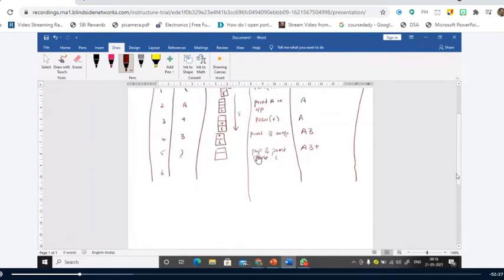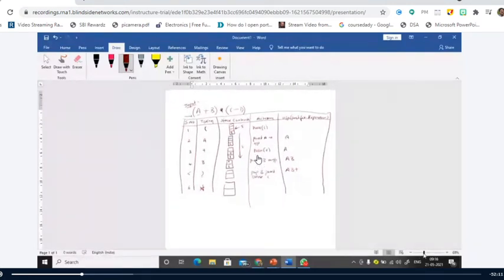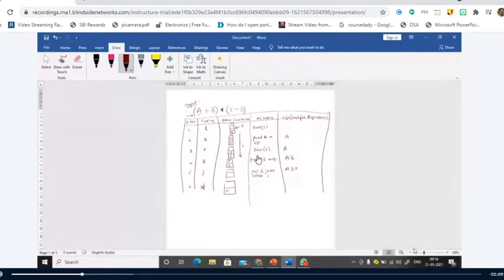Now tell me, what is the next one? It is star. So what is the next step? What is the next element that you are reading? It is star. When you come across an operator, you have to check whether the stack is empty or not. Since here the stack is empty, you have to perform a push operation. So the action you are doing here is push of star, and the output remains as it is, AB plus.